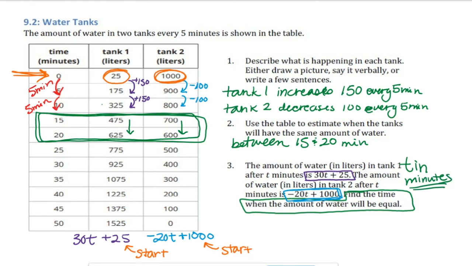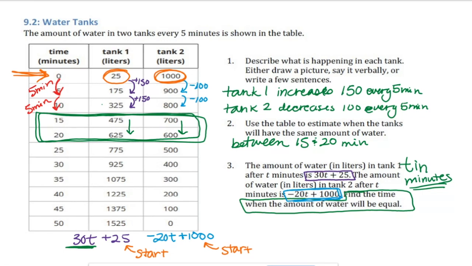So t only represents, in the situation when we're talking about what the t is, each minute that we're looking at. So if we had 4 minutes, t would be 4. If we had 3 minutes, t would be 3. Okay, so when we look at 30t,